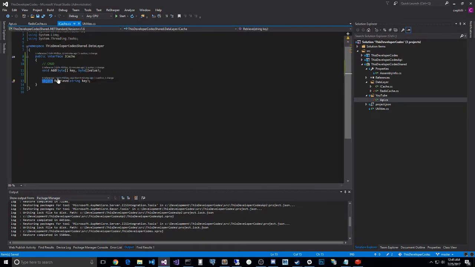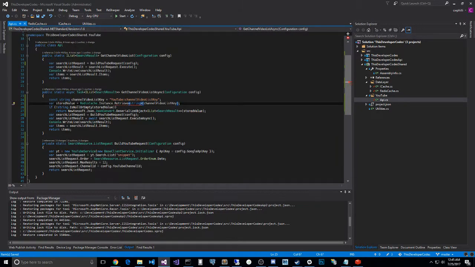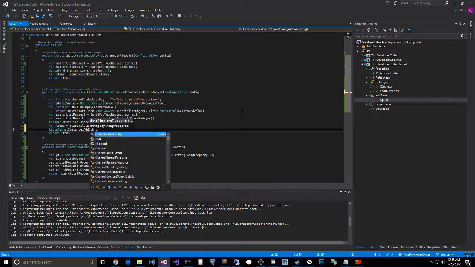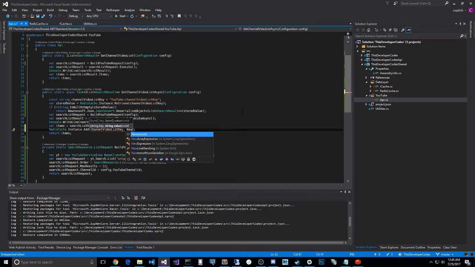Change our implementation interface to reflect that. Leave that. And so otherwise we will be returning it here, but instead of returning the items, we are instead going to cache them first. We're going to use our same key, and we're going to take our